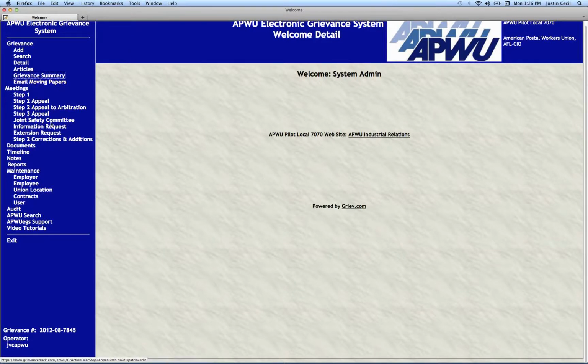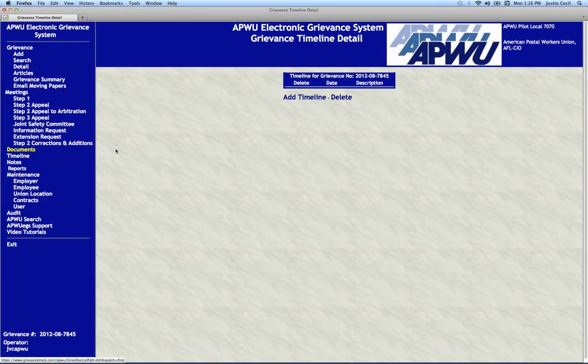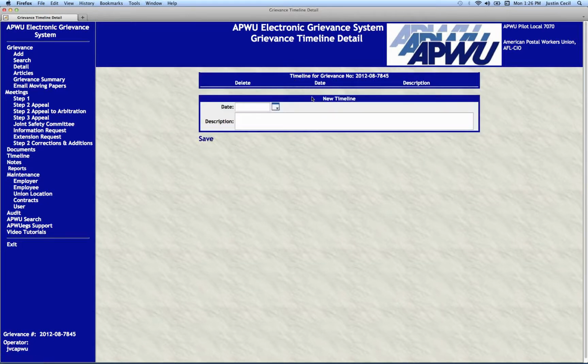And also you may want to add timeline events. This is something quite unique. Timeline is where you can go in, and it's your virtual post-it note. If you want to record, let's say a member called you asking about his or her case, and you're a steward and you need to make note of it, instead of writing it on a post-it note and sticking it on your computer and hoping to remember it later, you could go to timeline and say, okay, on today's date, which is the 6th,